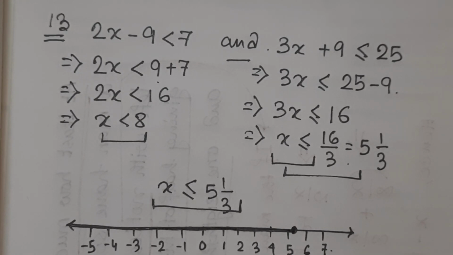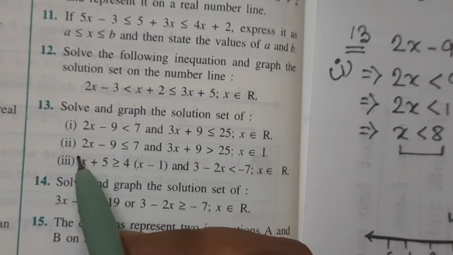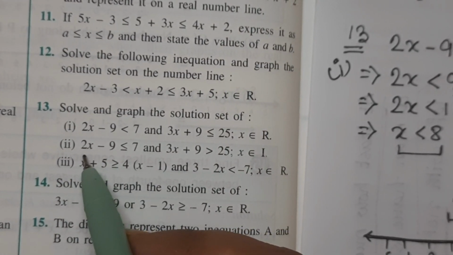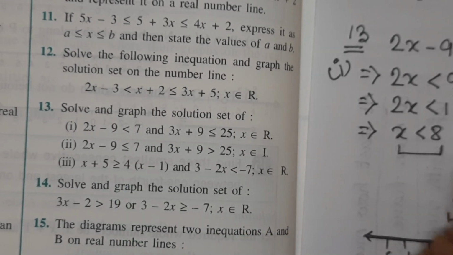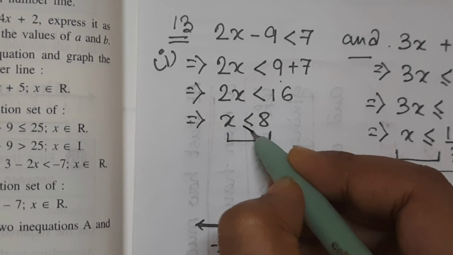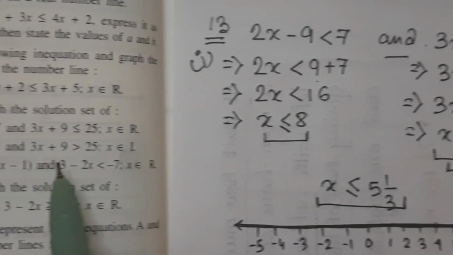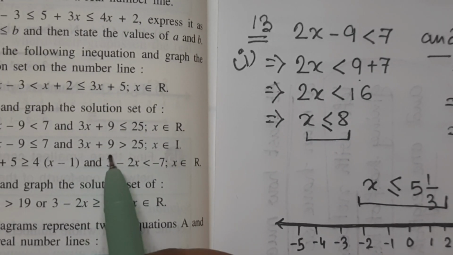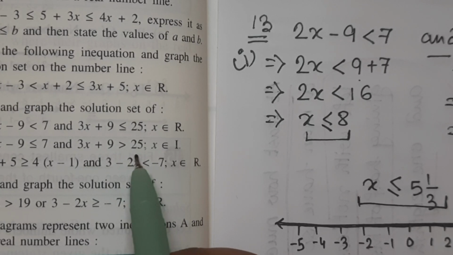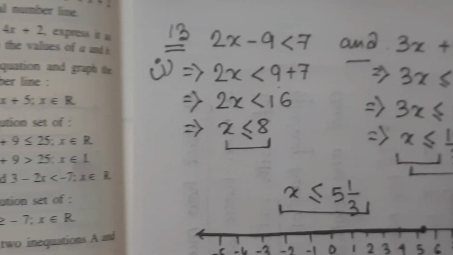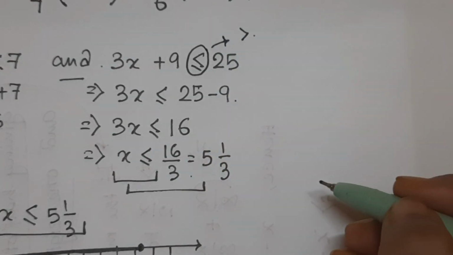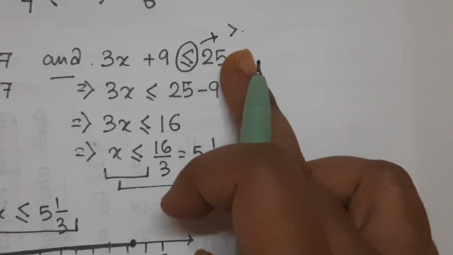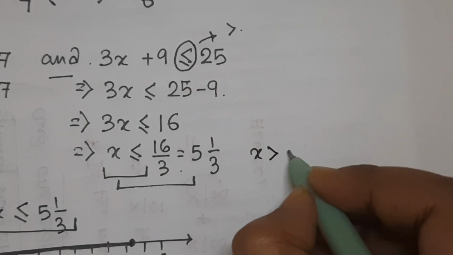Okay, now see the second part of this question. Question number 2, same region, 2x minus 9 less than or equal to, here less than or equal to 7, that means it will become less than or equal to, and the last part, that is 3x plus 9, that is greater than 25. So this will change to greater than symbol. So if you change this to greater than symbol, you will get x greater than 5